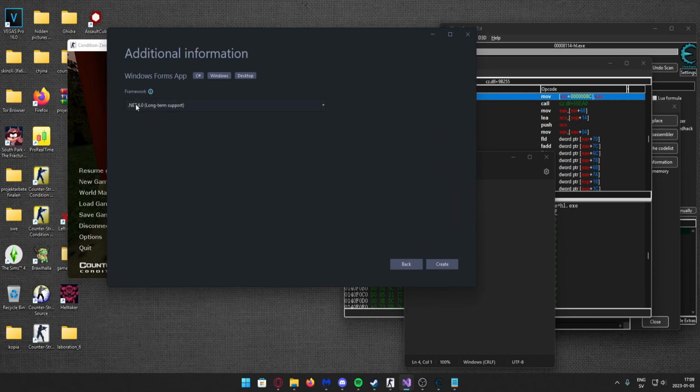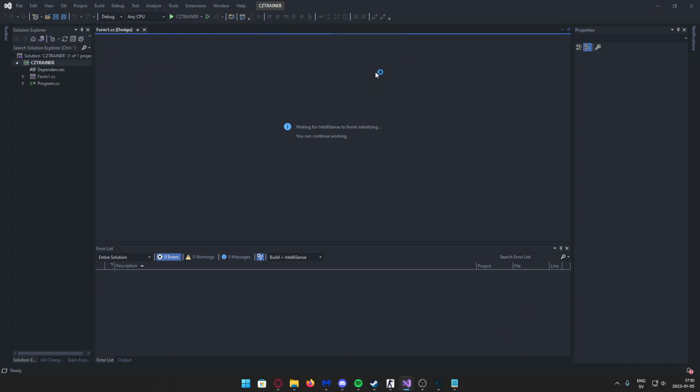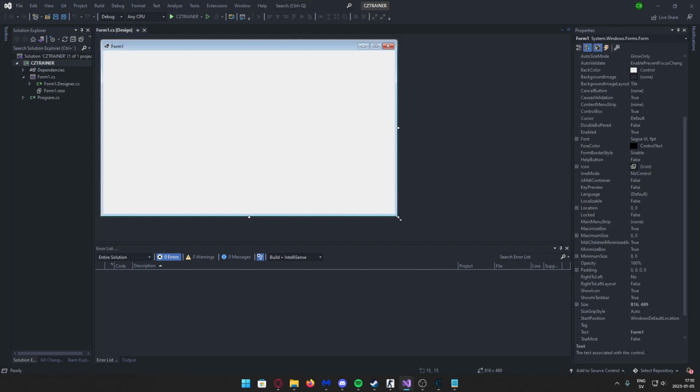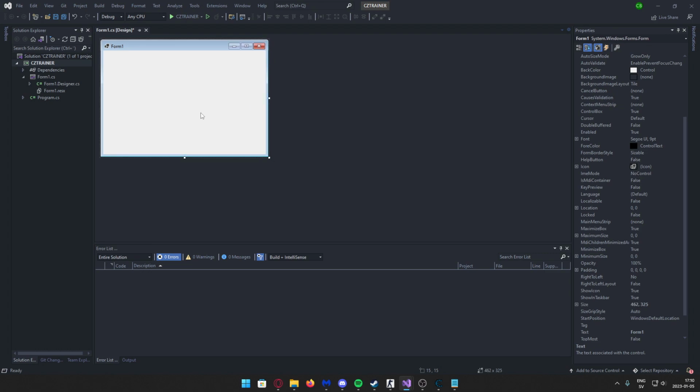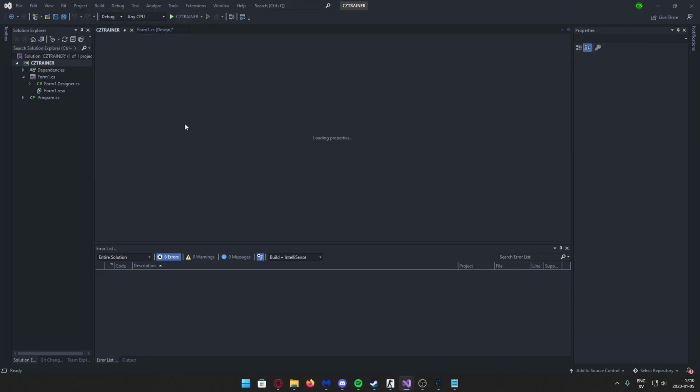Click next. Make sure you use .NET 6. Don't use anything else. I don't care why you might use something else. If you want to follow this tutorial, use .NET 6. Once you're here, I'll let my computer load. It's slow. It's old. Once we're here, we can see the designer, but we will go directly to project, properties,